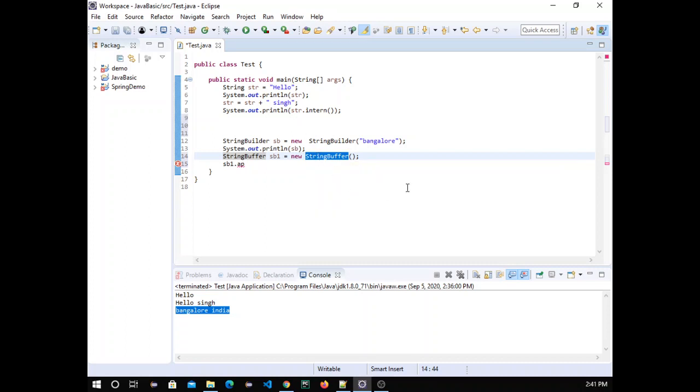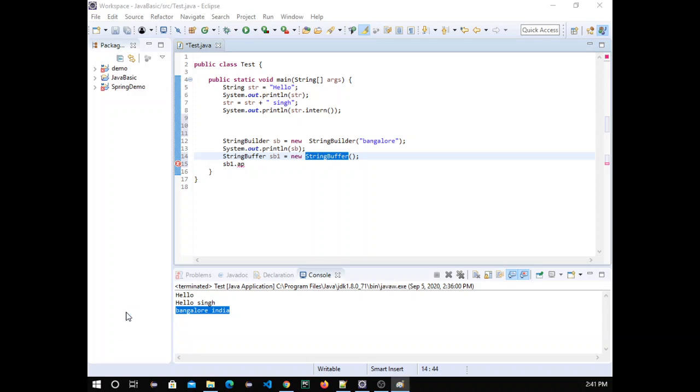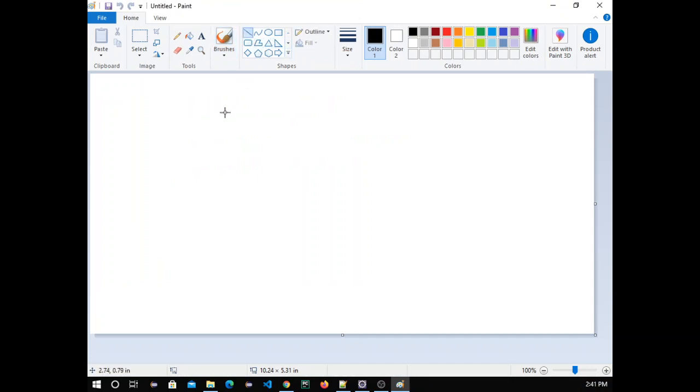Let me explain what synchronized does. Suppose this is a line of code, and one thread will come inside this line of code.